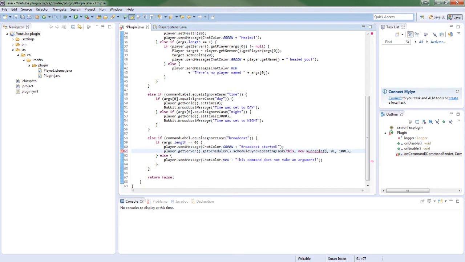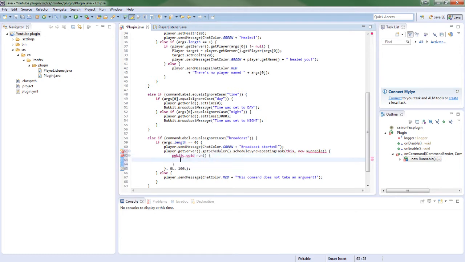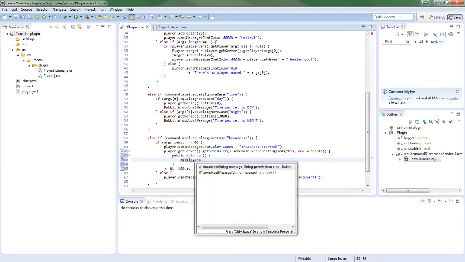So you go new Runnable, space, and then you want to open a curly bracket, and it should close it for you. So this is your class, your Runnable class, and this class needs a method, so a public void, what is it? It's run, and this is your method, and in it you will just simply want to type in Bukkit.broadcastMessage